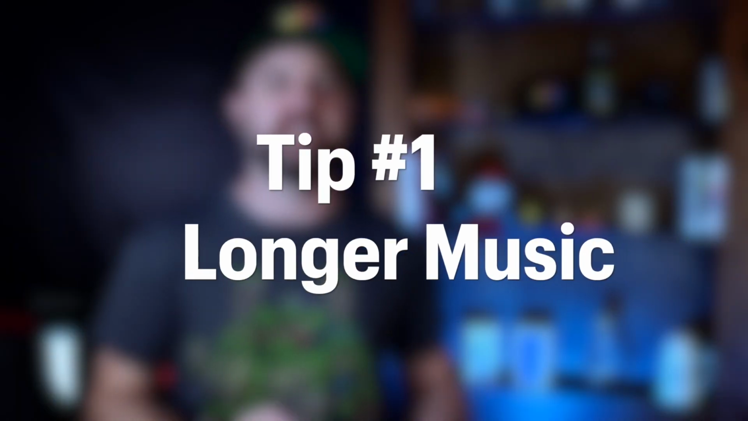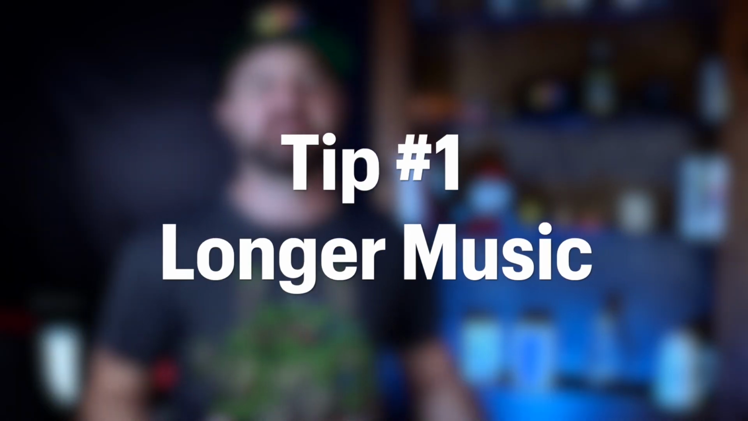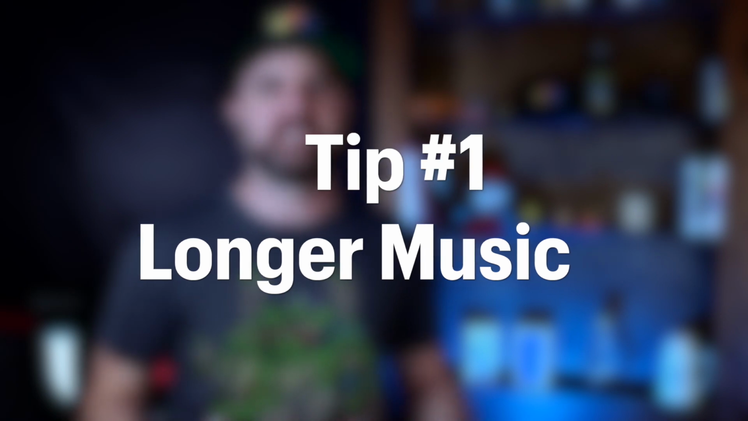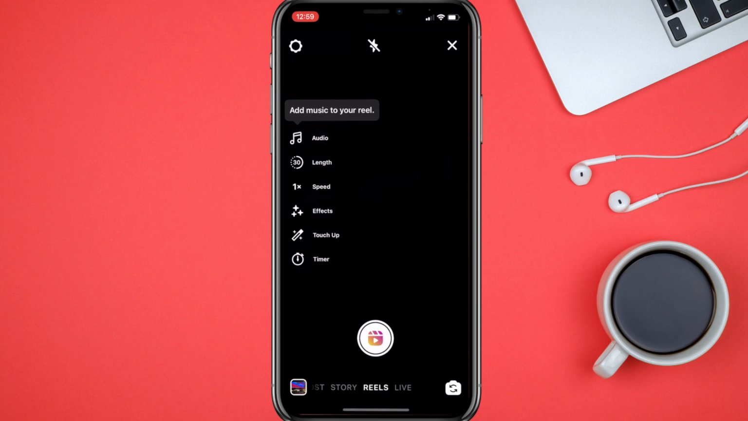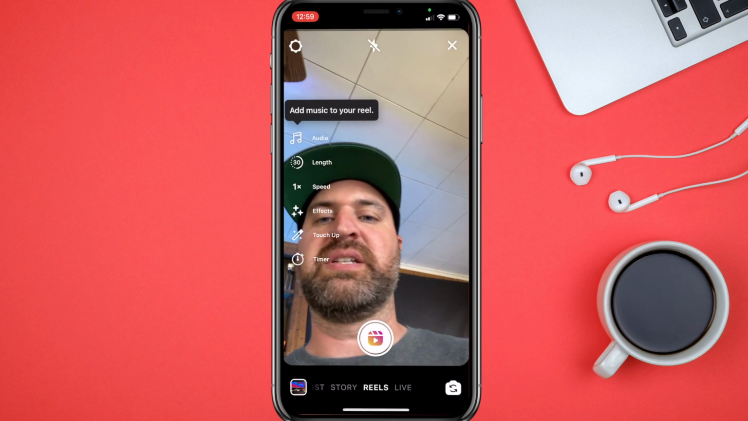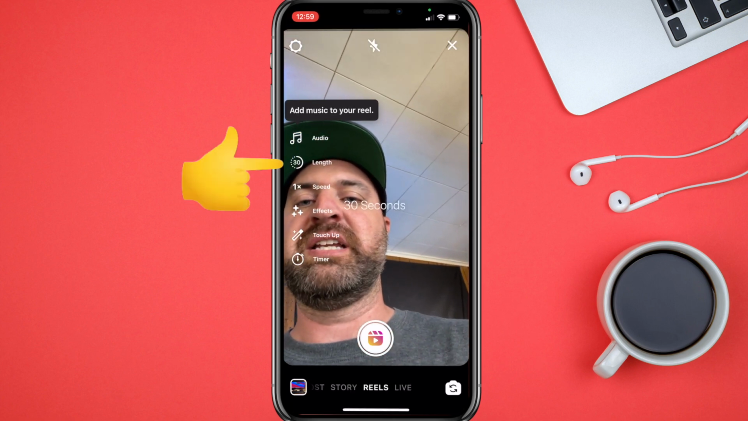Music in Instagram stories is only 15 seconds long. It's not going to let you do any more than that. However, there is a way around that, in a sense, where you can use Reels. What we're gonna do is jump in, and at the bottom where you have post, story, and live, we're gonna hit Reels, and then you can actually go in and you'll see length